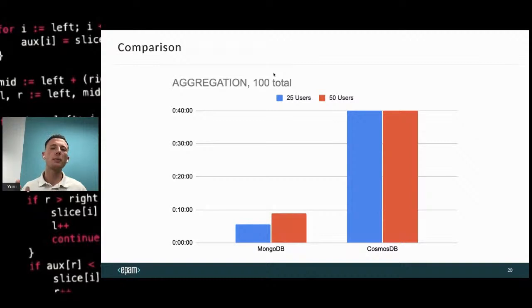And I just decided to move these diagrams to Cosmos because it's the only way I can show you the difference in the aggregation, but maybe it's only about this aggregation. Yeah, it doesn't reflect all the cases. It's just a simple thing that I've done, and you can check the code at the repository to compare these two databases.